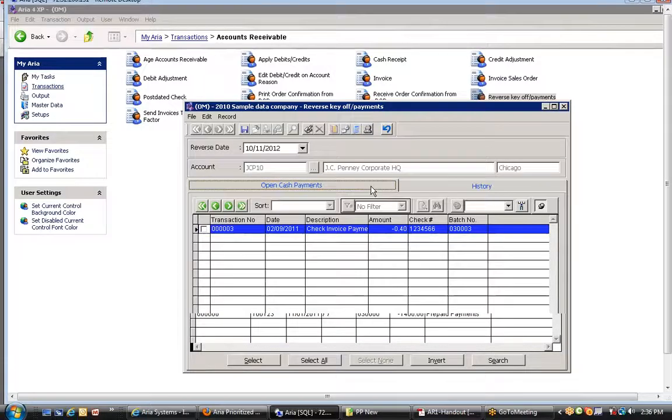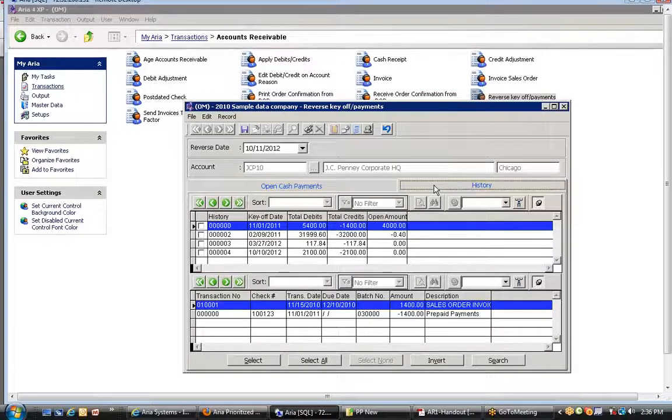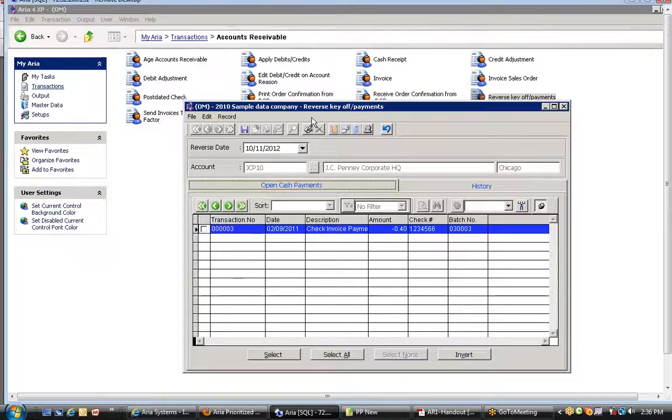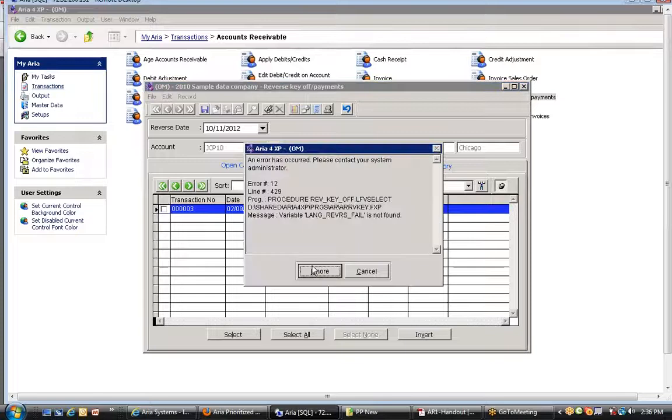Now there are two sections of that screen. The first section is the open payment for that customer, and the second section is the history or the key off transactions that were done on that account. So it's a dual purpose screen that could reverse a payment, meaning it will void and undo the check that you have done, or it could also be used to undo a key off session that linked invoices to payments. So you unlink them and you put them back as open transaction. So the first scenario, if I just want to void a payment,